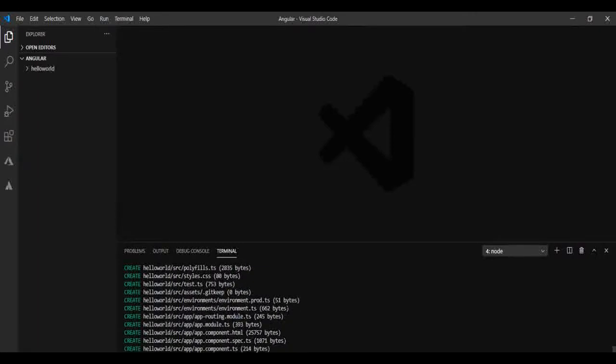Then it will create several folders and files in the project, and it is installing several packages which our Angular application depends on. So let's wait till all the packages are installed in our project, and let's see what happens.